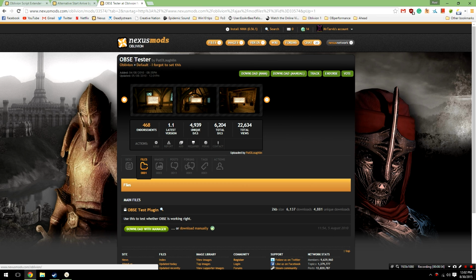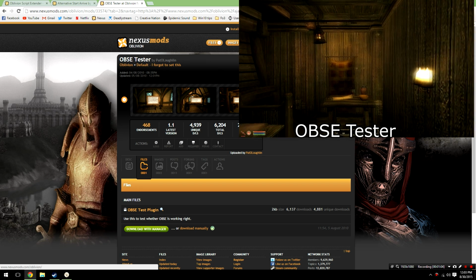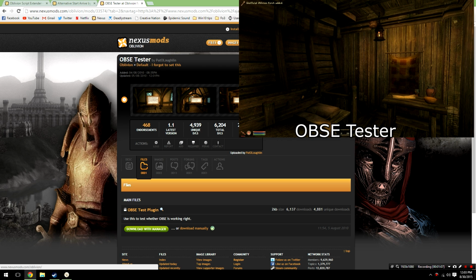Download this with Manager as well. What you're going to be doing with this mod is, once your character is on the ship, wait around and a dialog pop-up will appear giving you some instructions. Make sure not to open any other menus and allow it to process through some things for about a minute,